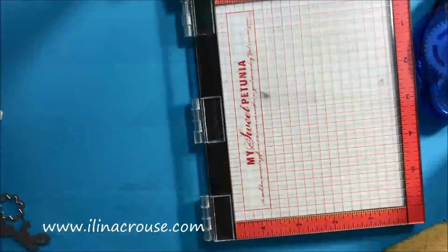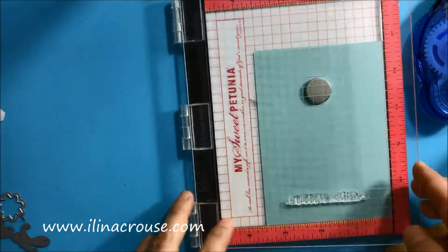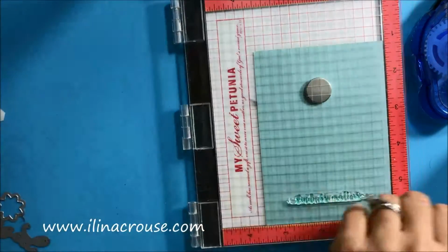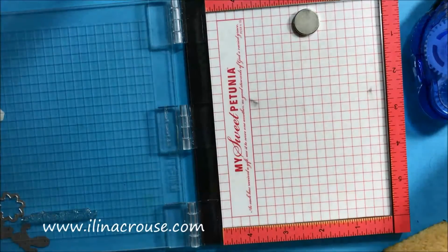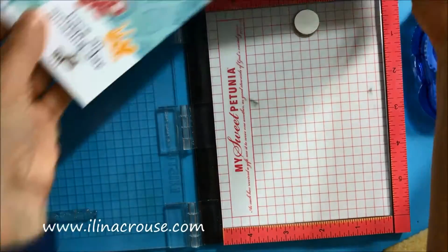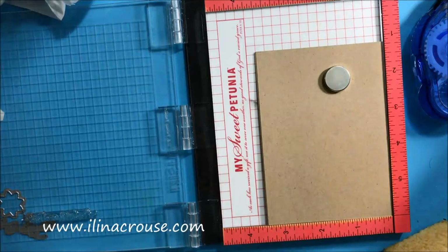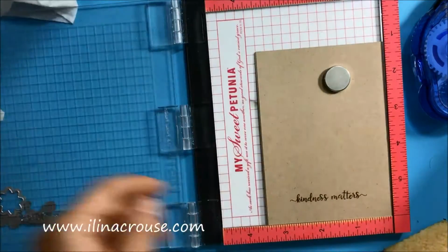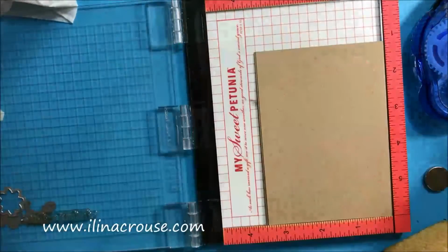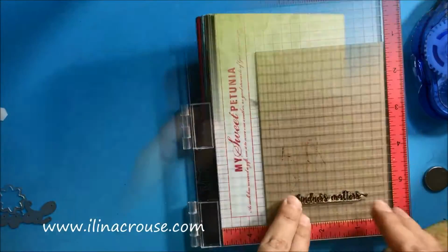So next, I'm just turning my note cards in the back and I'm stamping that Kindness Matters stamp. It's at the same position on every single card because I'm using the MISTI. It's kind of easier than using just an acrylic block. And next, not showing you in this video, is the step where I'm stamping the envelopes, saying I believe in the kindness of magic, in the magic of kindness. So we have all the cards here,